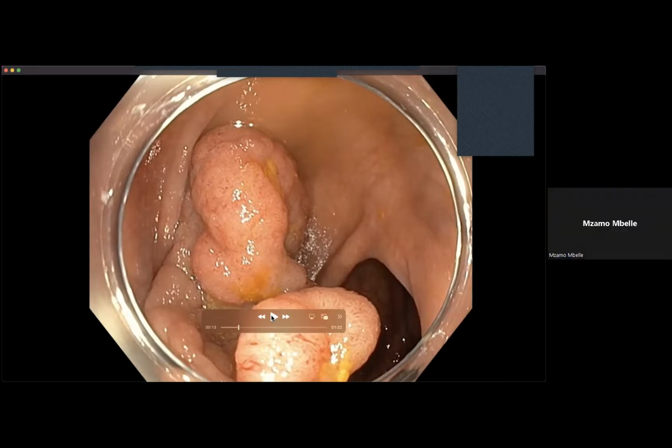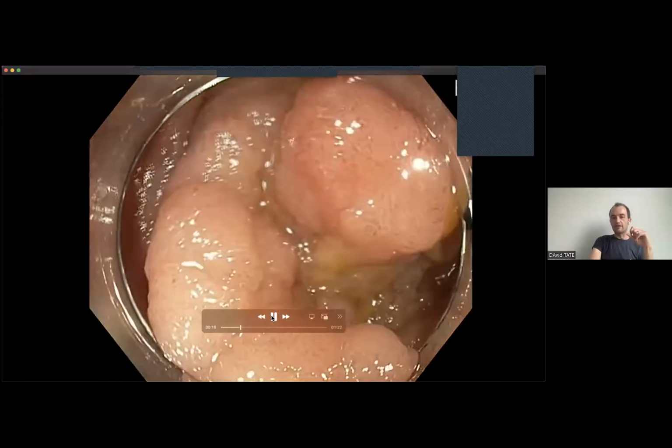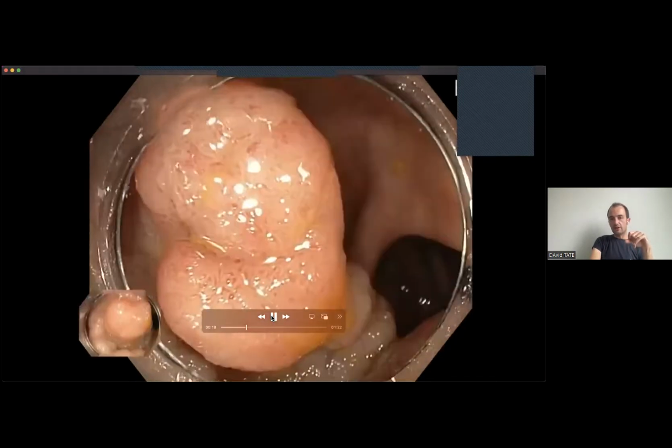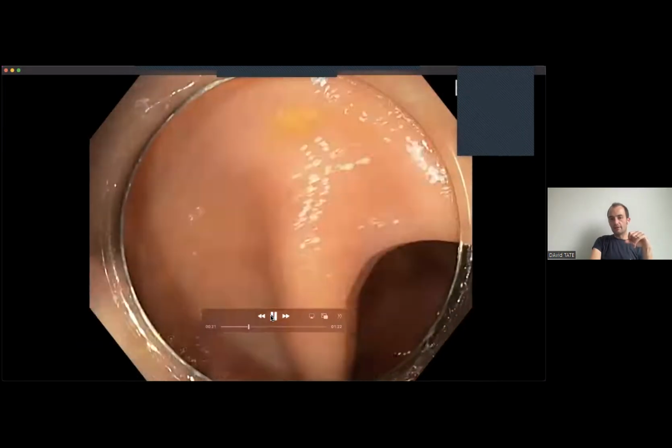My first impression is that it's a lateral spreading tumor, not necessarily cancer at this point in time. Perfect. That's a great answer. Lots of things in that answer which are very good. We'll come back to that in a minute. Okay, so now you're getting a bit more detail.